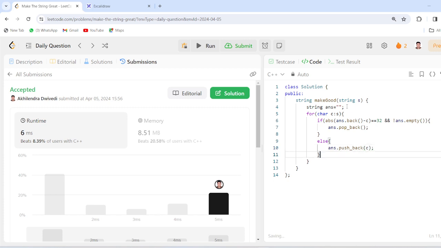This is the simplest approach we can solve this problem, and at the end return our answer.